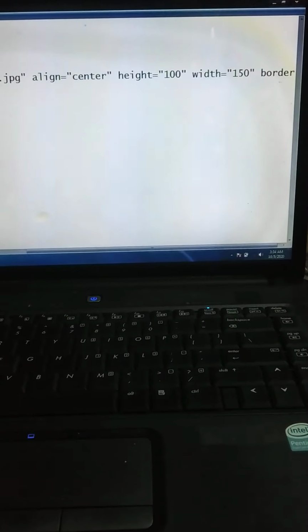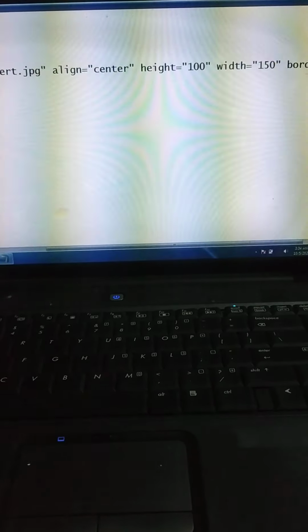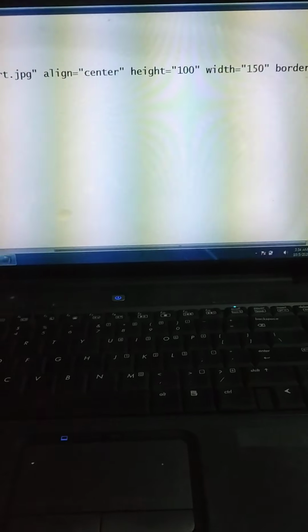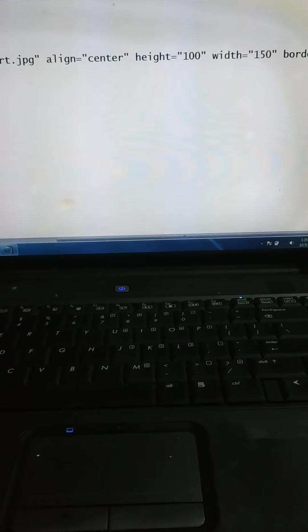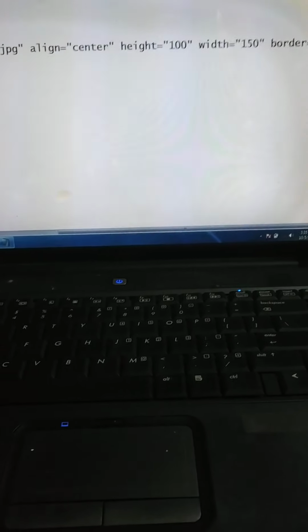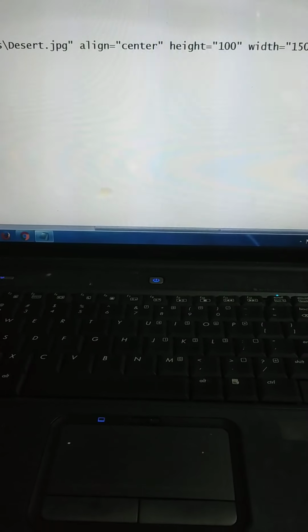Now let me give another attribute, that is border. So border is equal to, suppose I give the value to be 10. Okay, then again I save it, go to my browser, then reload it.